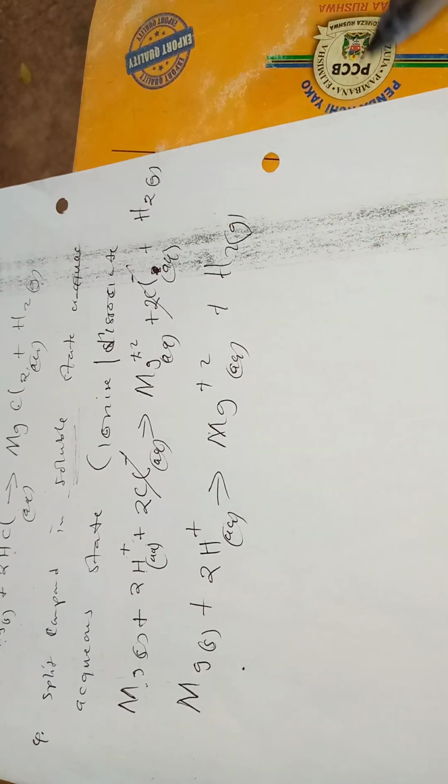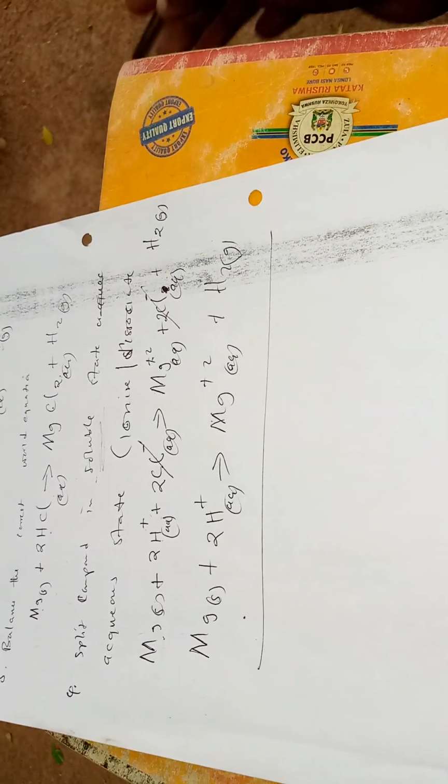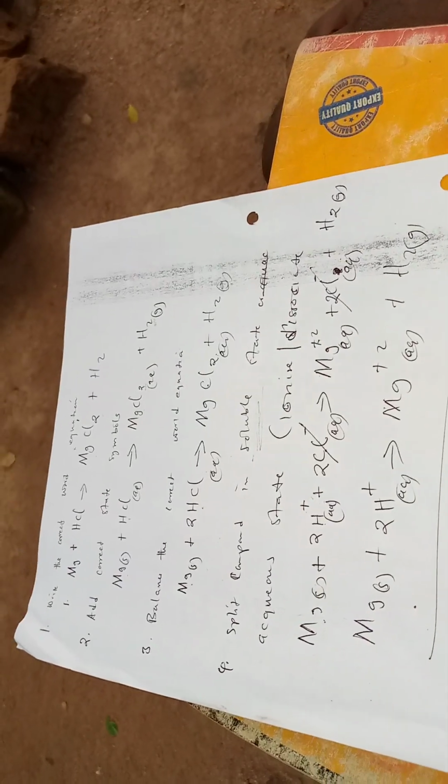This is the correct ionic equation. The ions which we have cancelled are what we call spectator ions, the ions which are not involved in the chemical